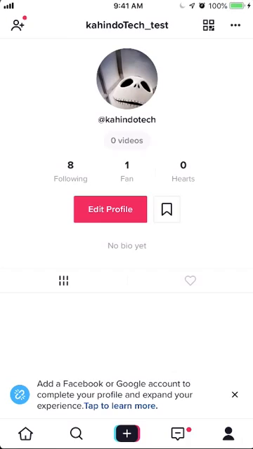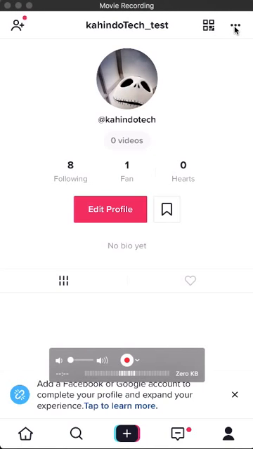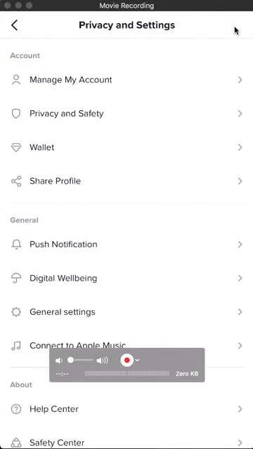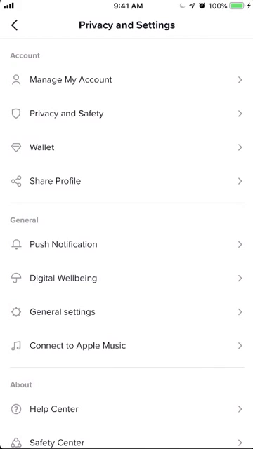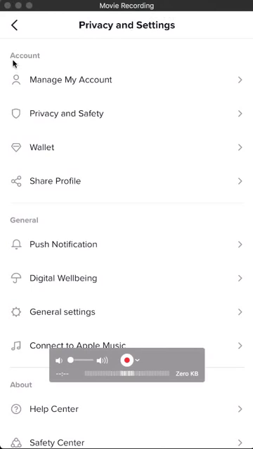Once you're here, look on the upper right hand corner. Do you see those three dots on the very top? These three dots over here? Click on those and it'll take you to the privacy and settings page. Once you're here, go on to the account section. Underneath here, there's something called manage my account. Click on that